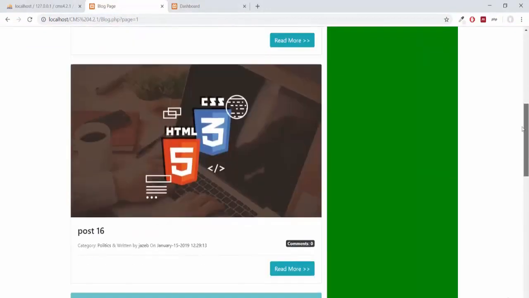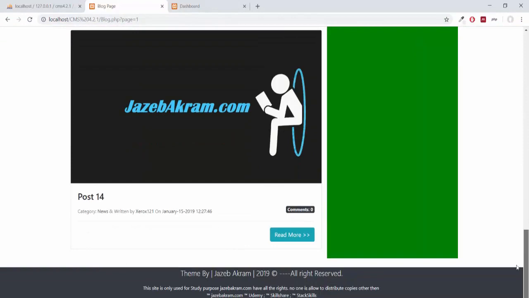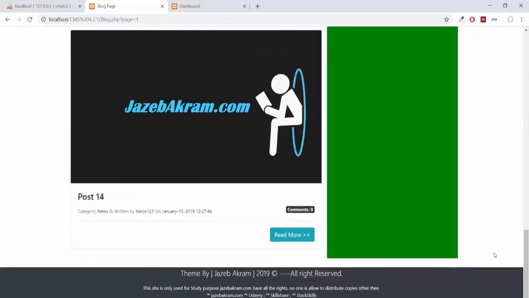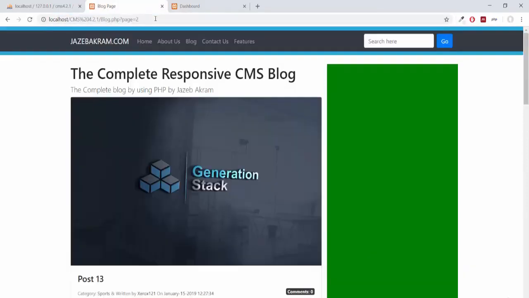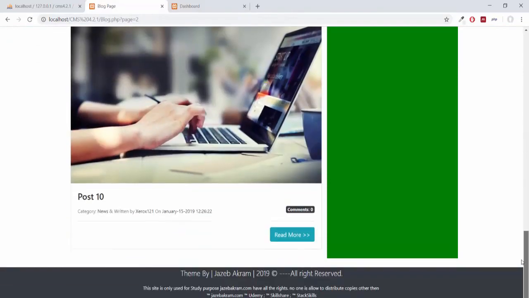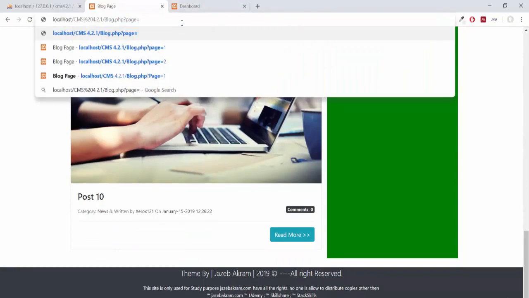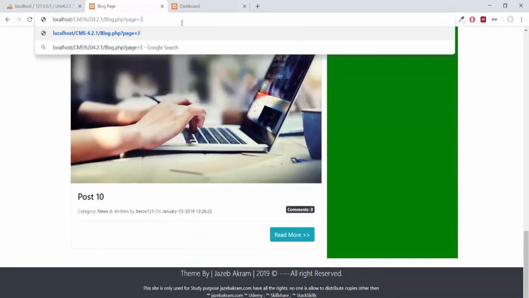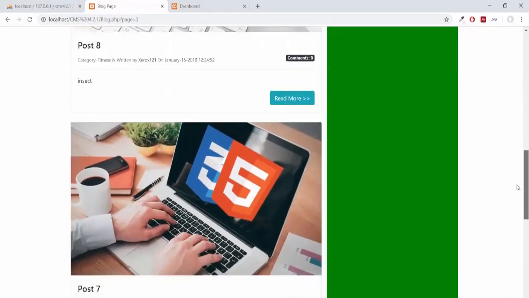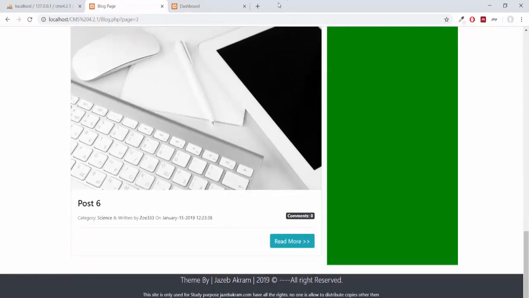So we are showing post 17, 16, 15 and 14. So total will be 1, 2, 3 and 4. If I give it a search key parameter of 2, we are showing post 13, 12, 11 and 10. If I give it a search key parameter of 3, we are showing posts 9, 8, 7, 6.